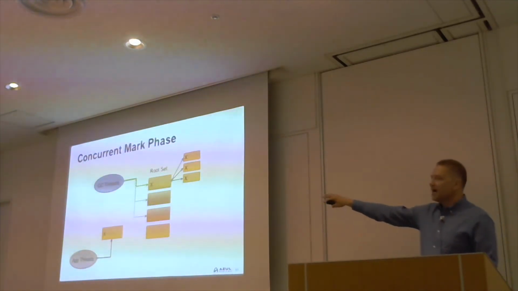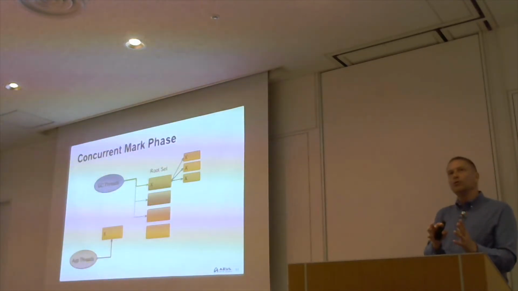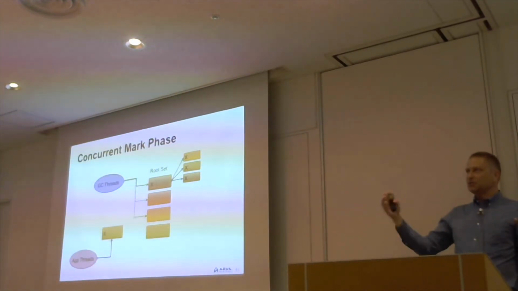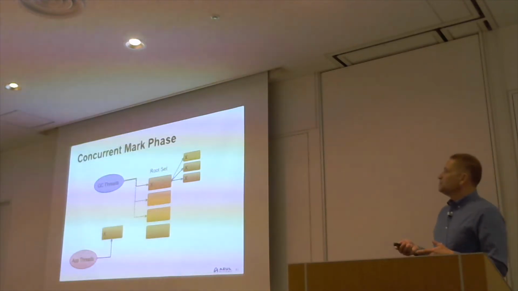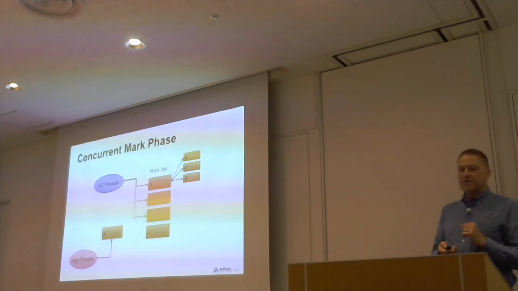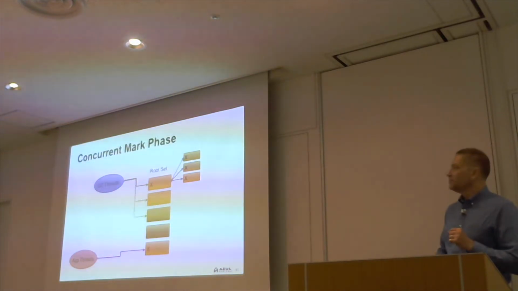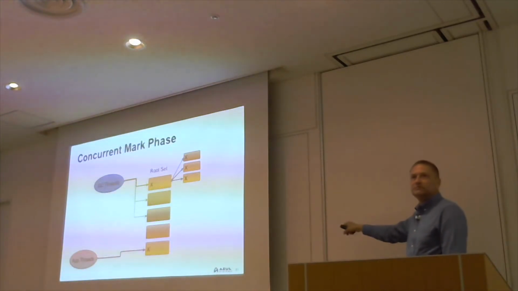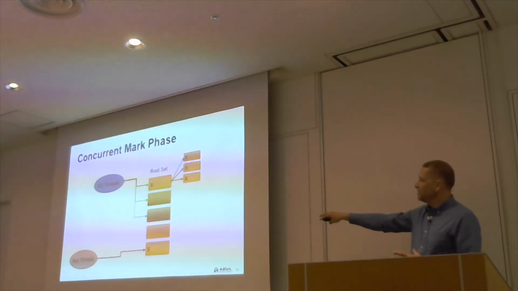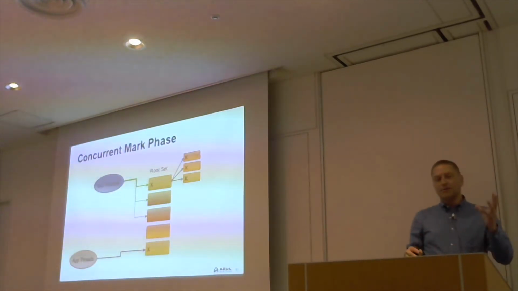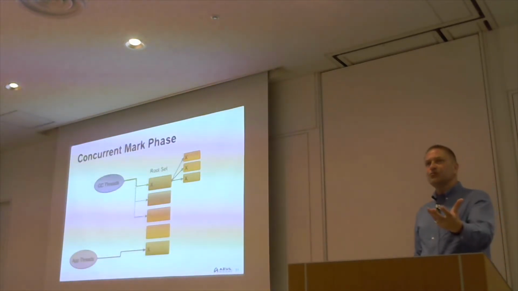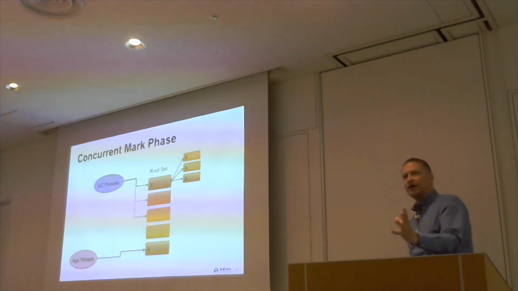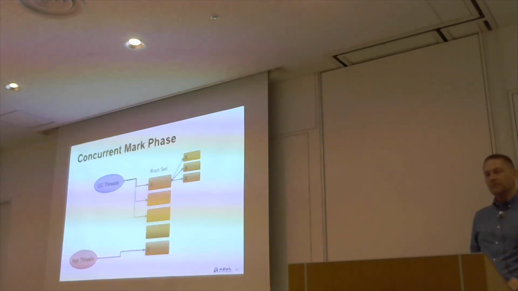But because that object will probably reference other objects, we don't want the application thread to then have to start tracing all of the references, because that potentially could be an unbounded time. So rather than doing it that way, we take that object and add it to the root set. That way when the garbage collector comes down, it will find that object and trace the objects from it. So we know that when the garbage collector finishes its work, all of the objects will be marked. But you can see how even when the application thread is running at the same time, if it references an object, it marks it and makes sure that any other objects it references are marked as well.